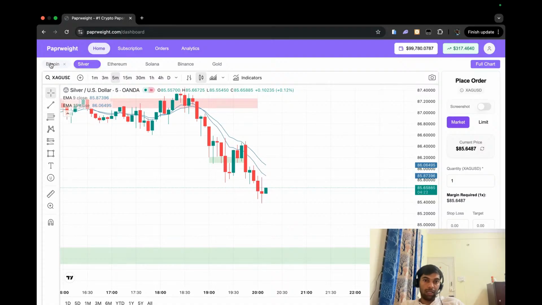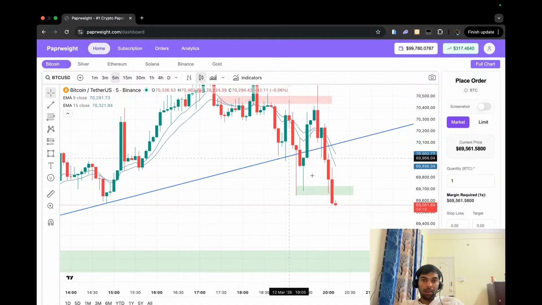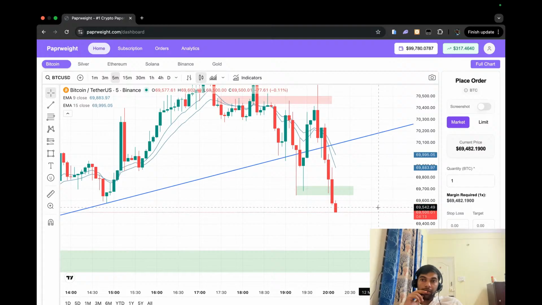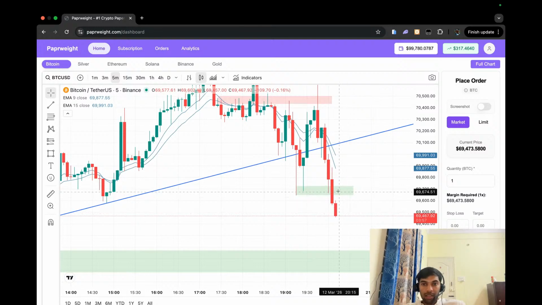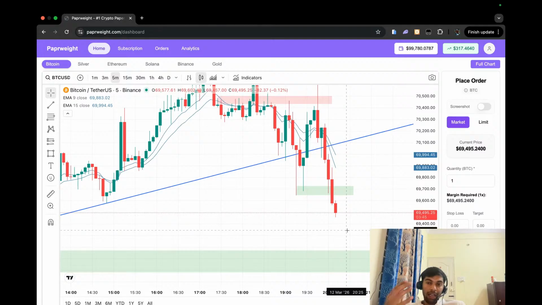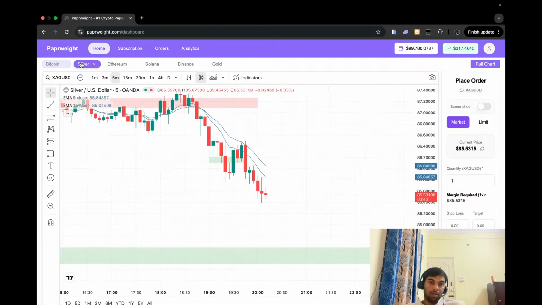Silver is taking a pullback. That's a good sign. Okay, Bitcoin already moved in the downward direction. We can't do anything in Bitcoin because it's already going in the downward direction. So we missed the trade in Bitcoin. Although I'm thinking that market will take some support from here, after this much of selling, market is going in the downward direction in one go and not letting us ride this.